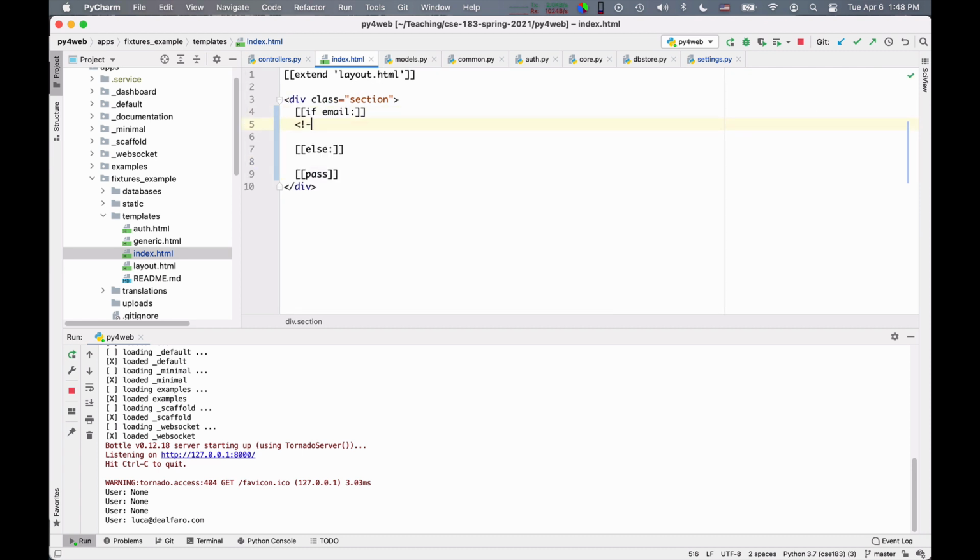Okay, I can say, for example, the user is logged in. Okay, and then I can say the user is not logged in. Okay, so these are the cases. This is a very common way to organize the home page, right? You typically want to show fairly different content if one is logged in or not.